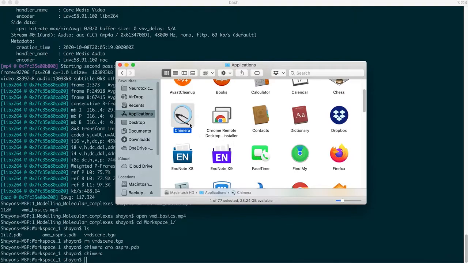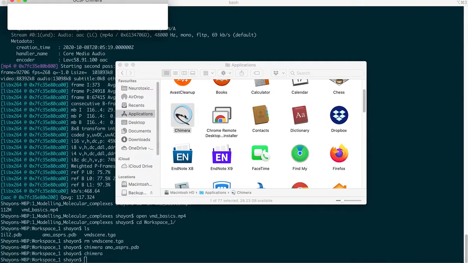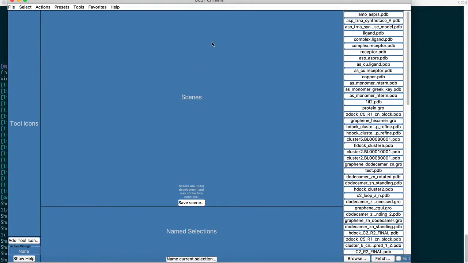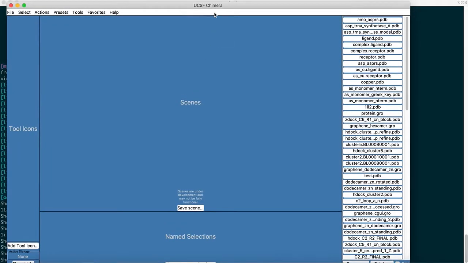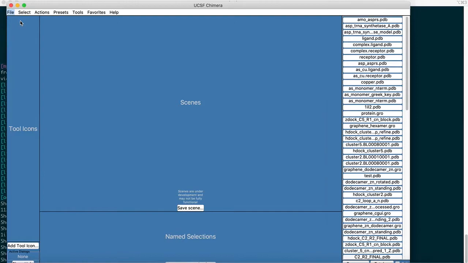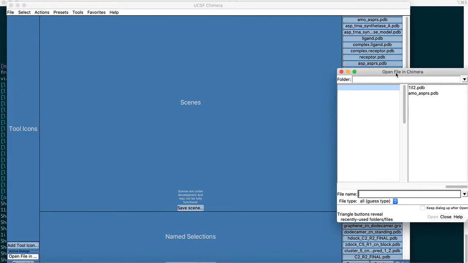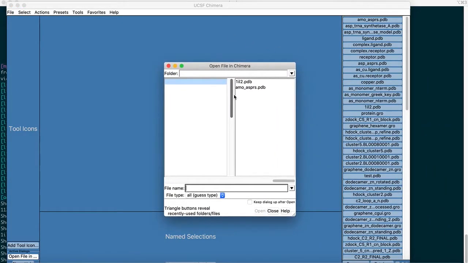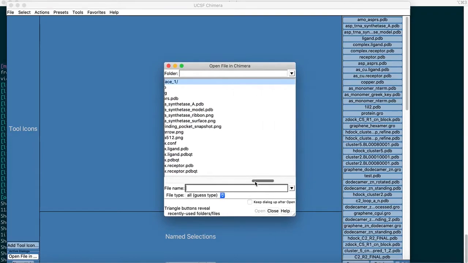I have it already installed here. You guys should see an icon on your Windows desktop like this. So if you double click on this, it will open up the program UCSF Chimera. So this is the interface, and just like VMD, you go to File and then click Open. So it will ask you the directory where you want to open the structure from,